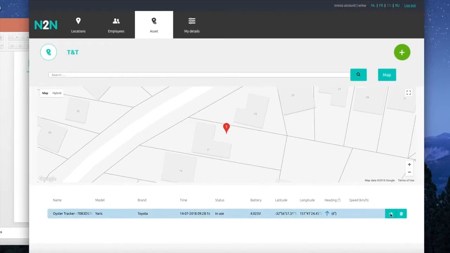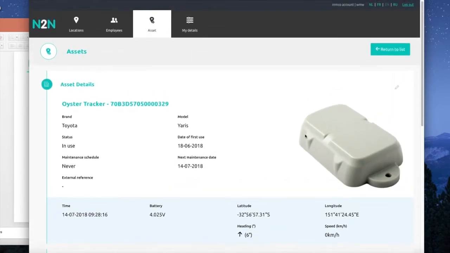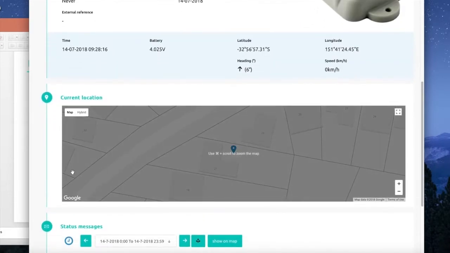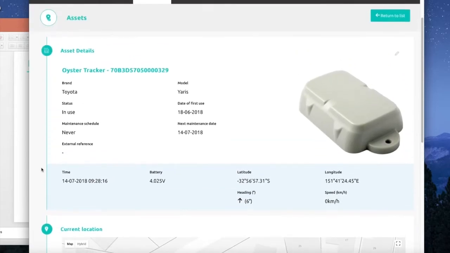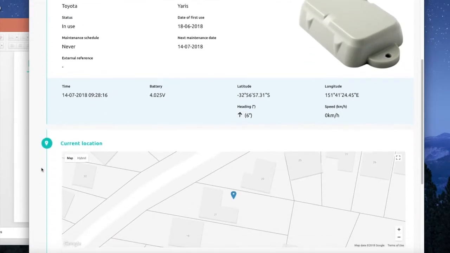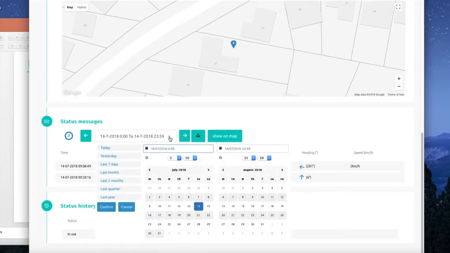We can click on the arrow here, and we provide information such as a picture of the actual device, the asset details, current location, status messages, and status history. And you'll see a common theme, regardless of the type of application, of this type of information that's necessary around the asset, its location, messages, history, logging, and so on. So if we click down here, for example, yesterday,